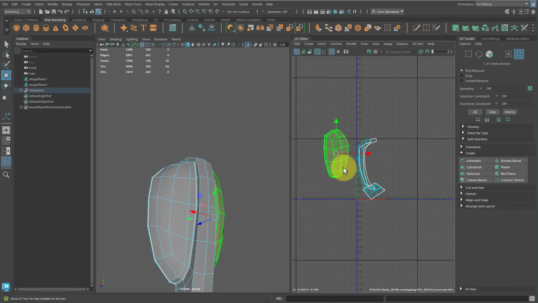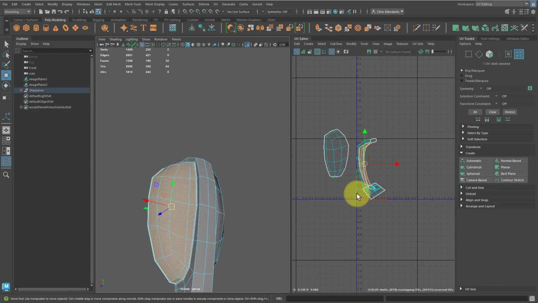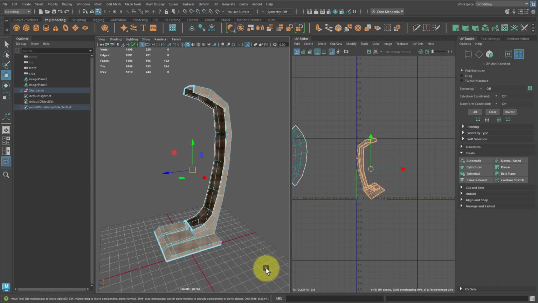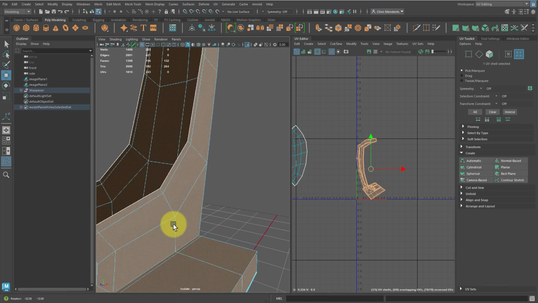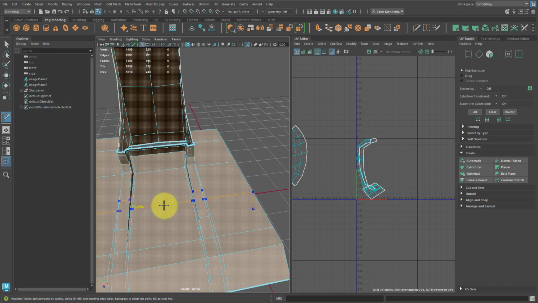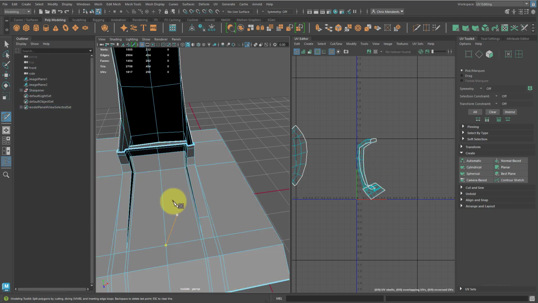Now I have these two pieces, which I can unfold. That's good. Then I have this piece. I'm hitting Control 1. I'm going to cut this off. And what I did in class and what I'll do here is I'll also create a center edge loop right there